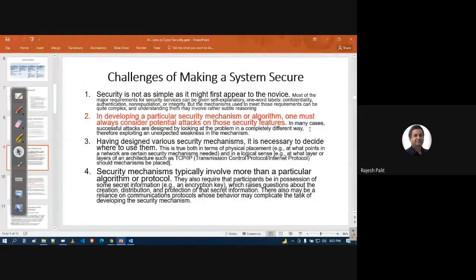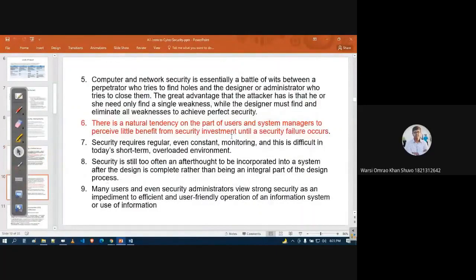Okay, okay, sir. Okay, so that is another red one. And one more thing is